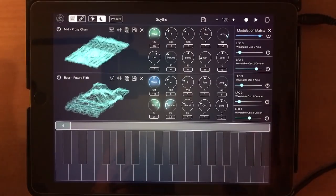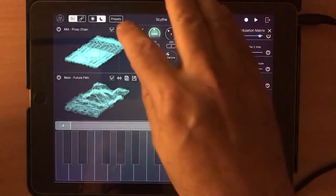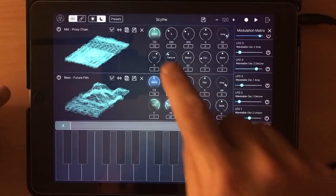Okay, so that's the basics. Now you can import from iTunes file sharing there if you have a wave you want to bring in, which I'm not going to do. Or you can